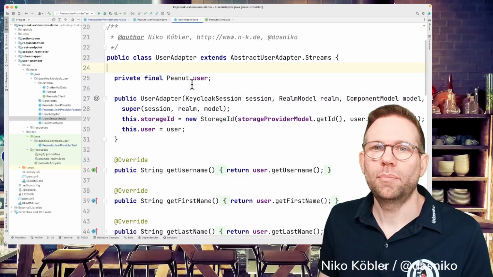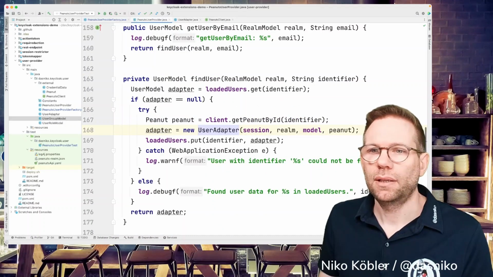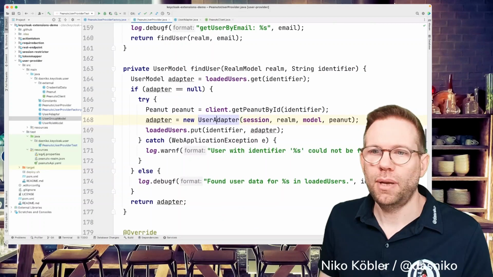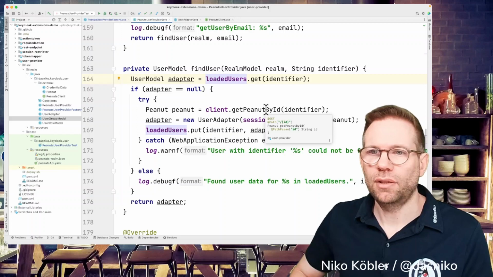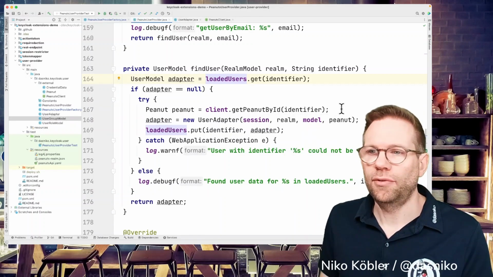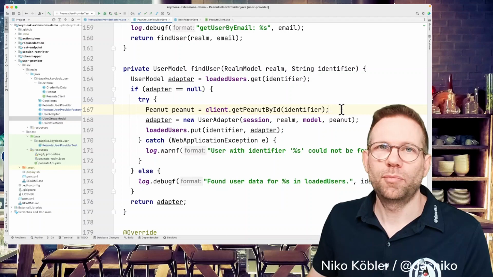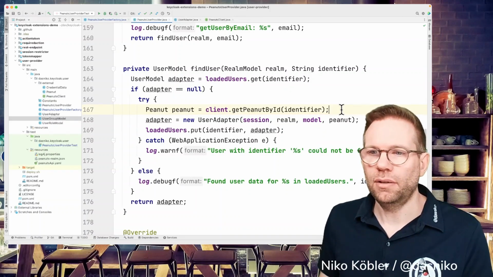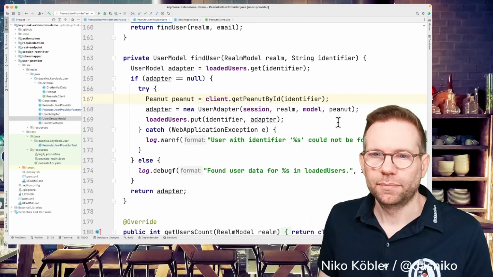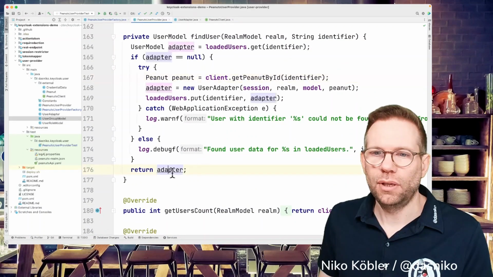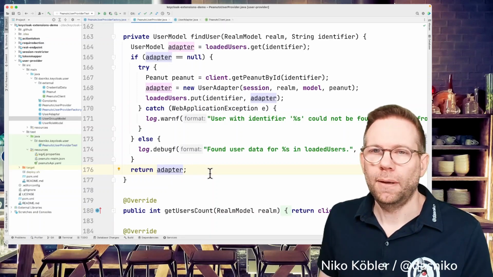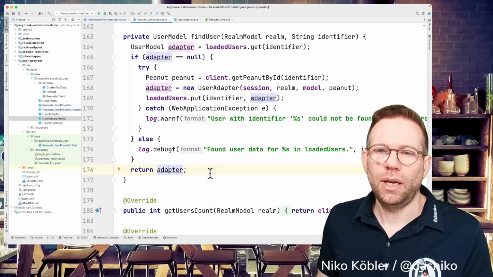So from our UserAdapter back to the UserProvider class, we have the findUser method creating a new UserAdapter implementation. In this case, I put it to a map. First, I try to get the user from this map if the user was retrieved before, just to minimize API calls. And then we're returning the adapter, our own UserAdapter implementation, the user model to Keycloak, and Keycloak can handle this